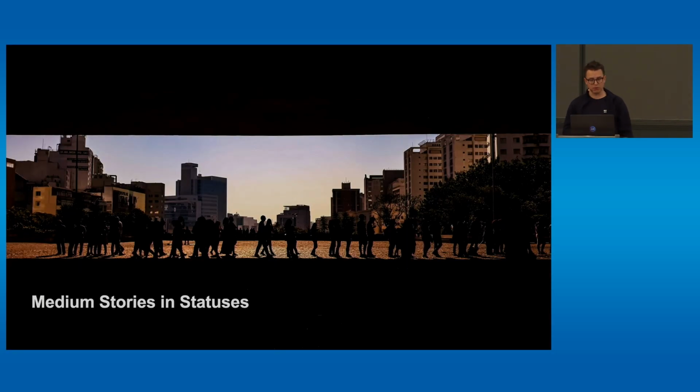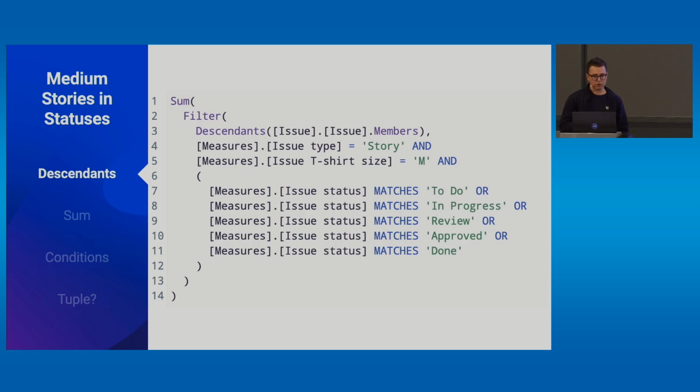The next example is about retrieving the number of medium stories in various statuses. The user had this calculated measure, and it caused performance problems. It uses the sum function to retrieve the results. But the descendants don't seem quite right. As you can see on line 3, it doesn't have the usual issue current member and issue definition. It uses the issue members, so